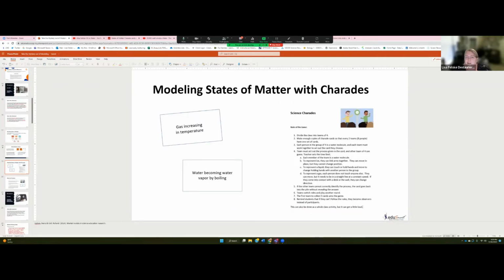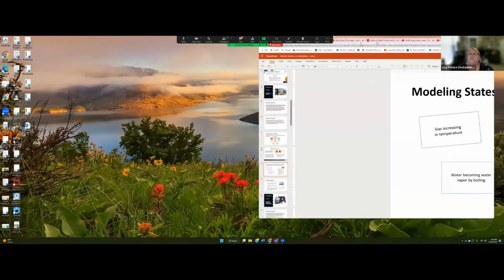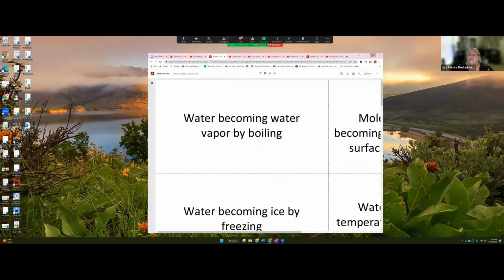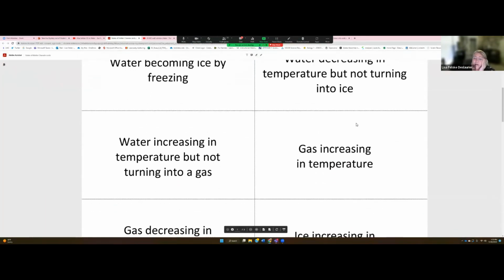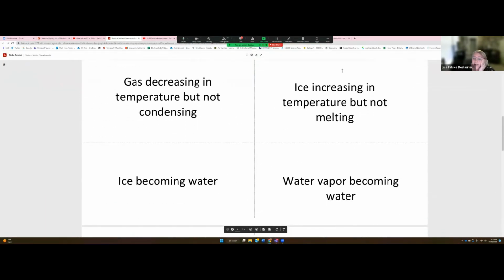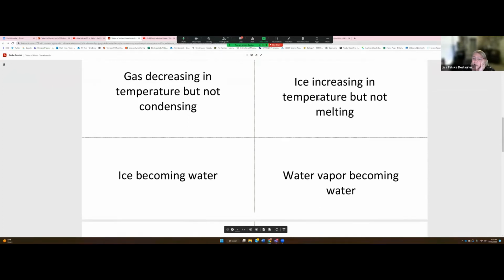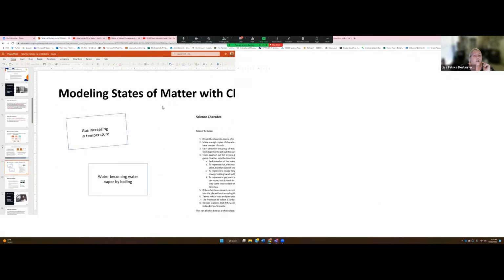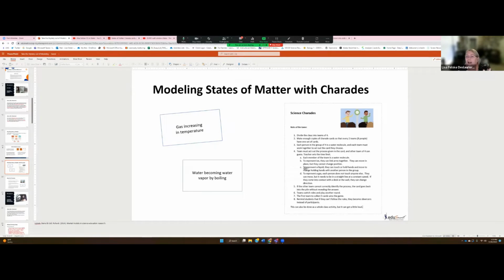So one of the ways I used to do this with students was to model states of matter with charades. And I think I have cards up here if I can get to them. Whoops, sorry about that. There they are. Let me do this. Where I'm giving you cards, Devanshi will send them out next week, where they can draw a card that looks like this. Your role is ice is increasing in temperature, but not melting. And they somehow have to do charades to show that, and have a small team have the rest of the class guess